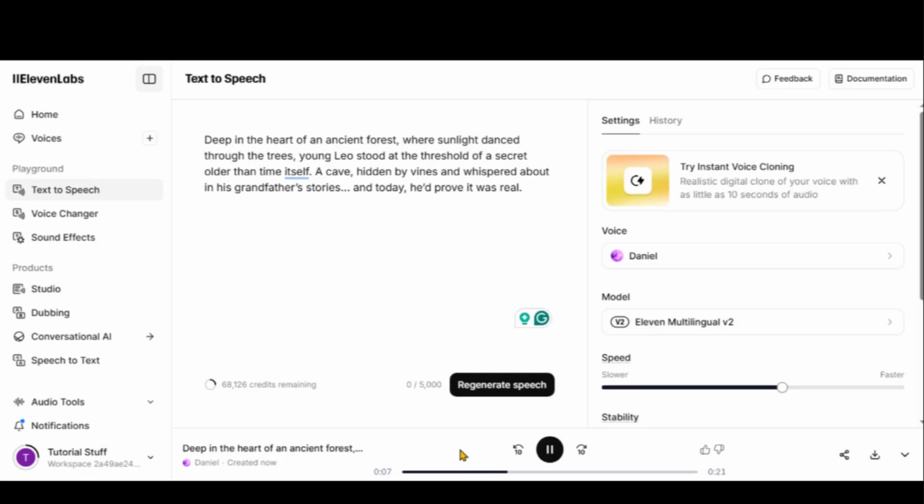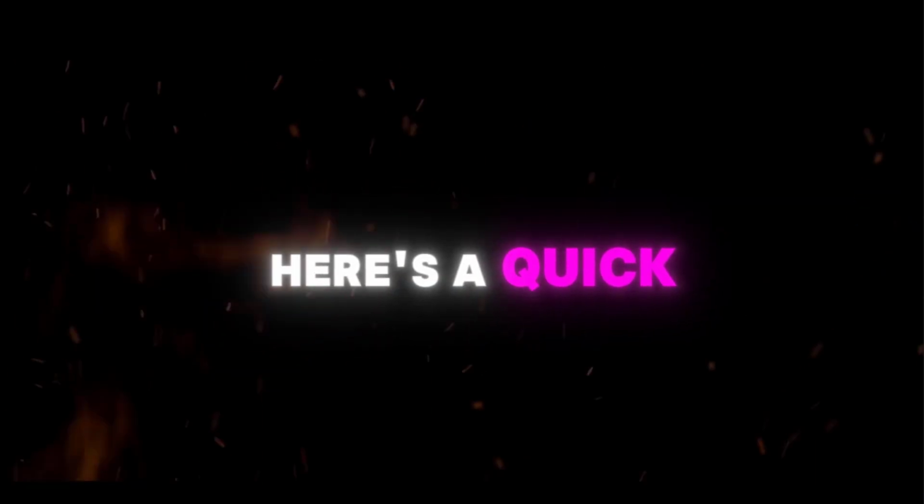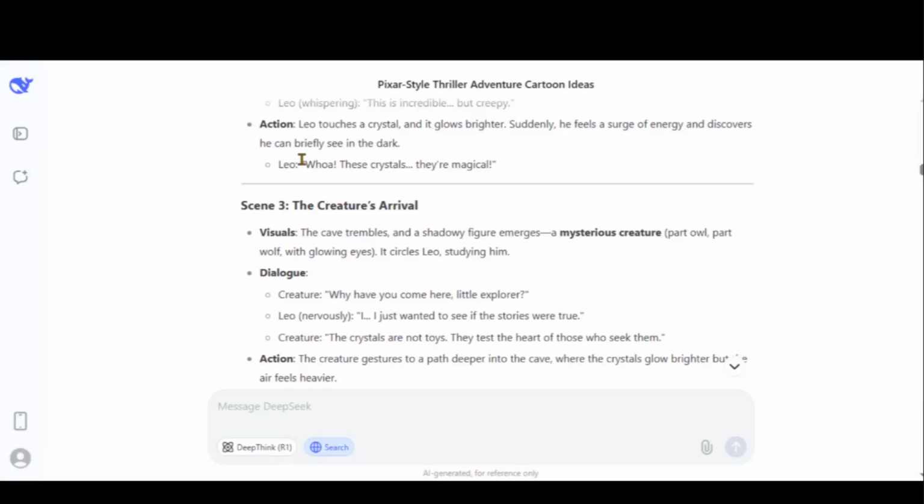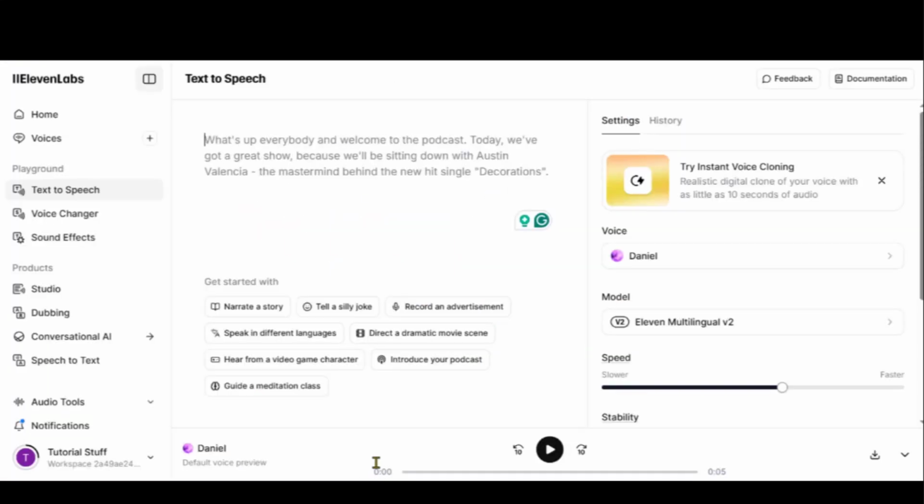Just like that, you have a voiceover. Here's a quick guide for adding emotions to the voice. Copy the dialogue, generate its voice,